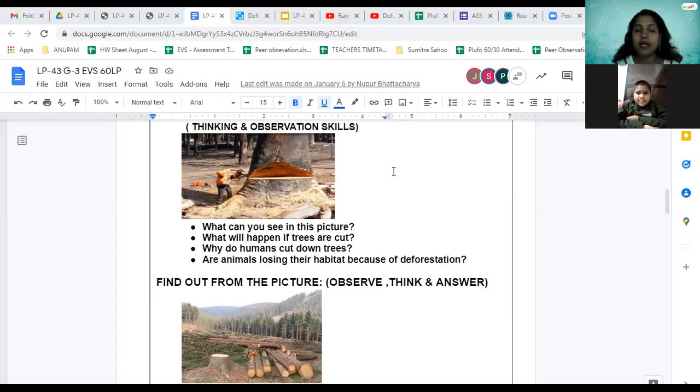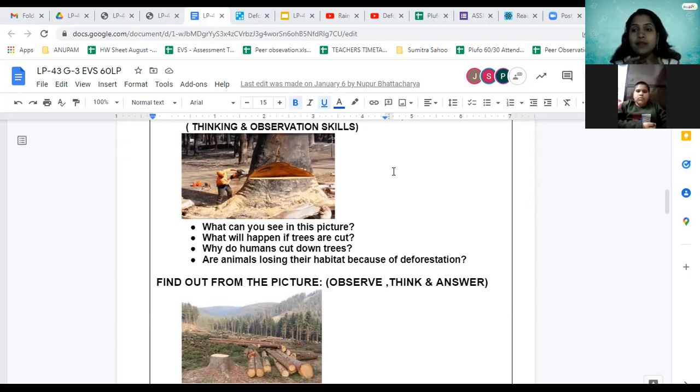What do you mean by habitat? Already we have learned about that lesson. Do you remember that? Habitat. What is habitat? Yes, Ans? Habitat, not habit. Habit is something we know. Habitat. Already we know. So habitat means the place where the animals can live. And their habitat gives them the food, the shelter, and water.